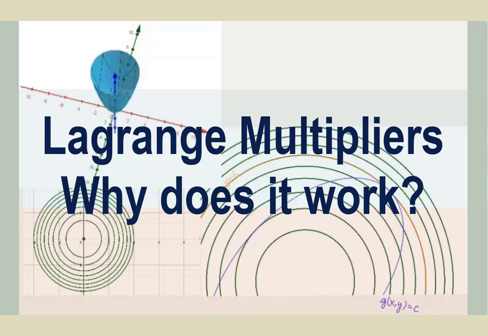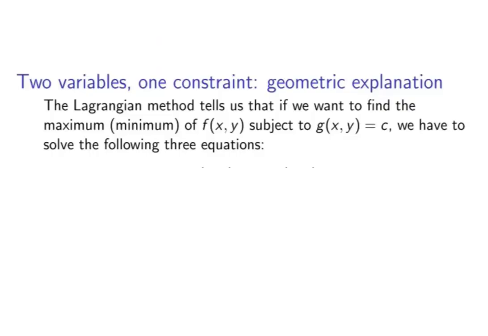Welcome! In this video, we want to know why the Lagrangian method works. Recall that the Lagrangian method tells us that if we want to find the maximum or minimum of the function f(x,y) subject to the constraint equation g(x,y) = c, we have to solve the following